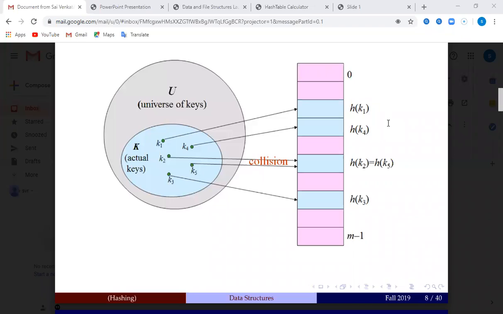So K modulo M, with M as 10: 25 modulo 10, at what index will you store the key? The remainder, the 5th. Yes, very good.